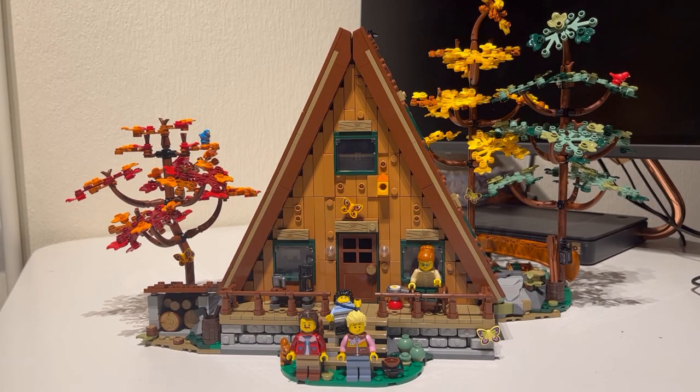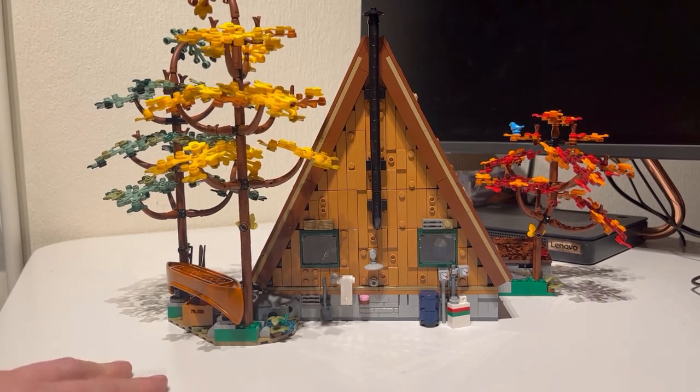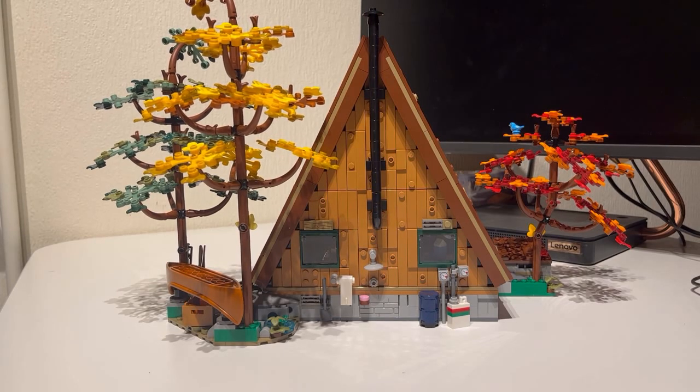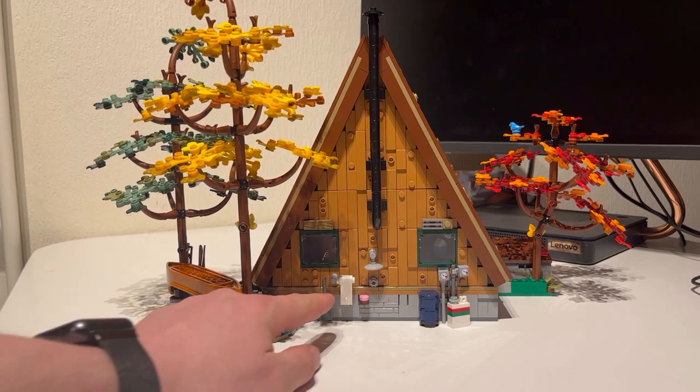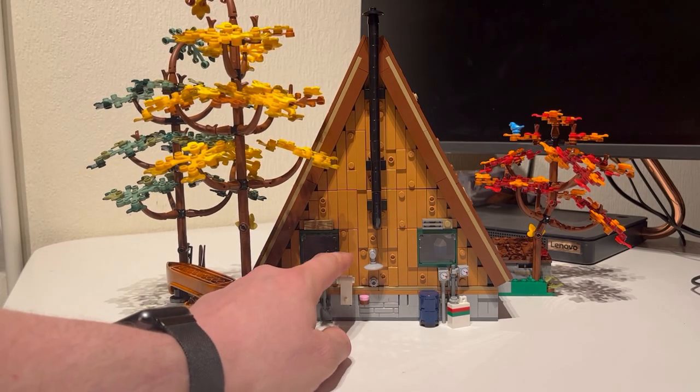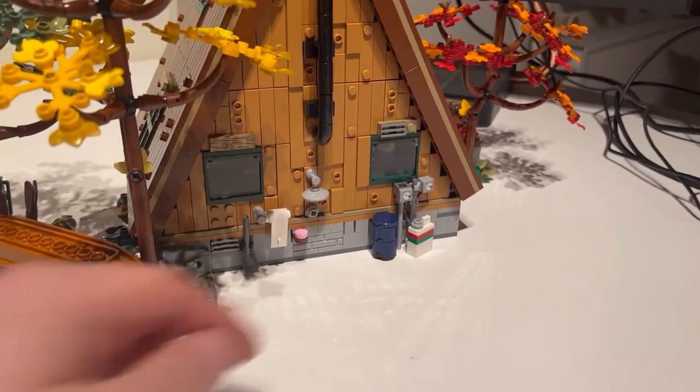So let's try to turn it around and see what that is. Here we got it from the back side. Not that much is happening around here, but the things that are happening are quite funny. A good extra thing to put in the build. You can see here you got the chimney from when we open it inside. You can see there is a furnace or a heater or an oven right here. Or if we go from here instead, I'll just go a little bit closer. We got a shower,